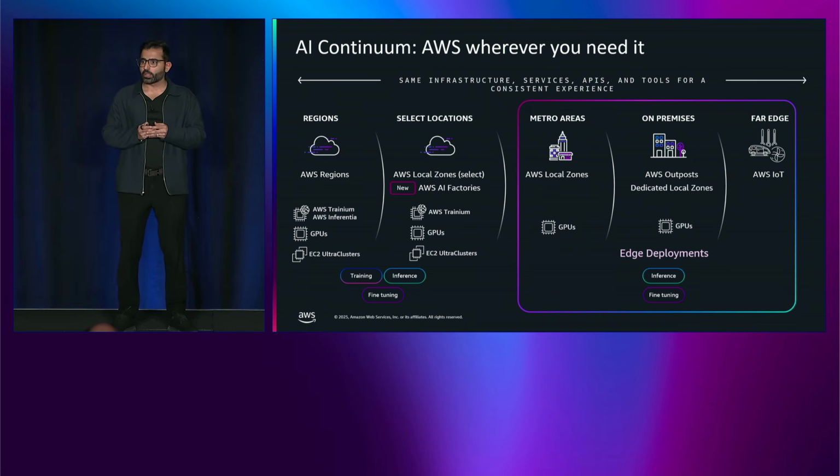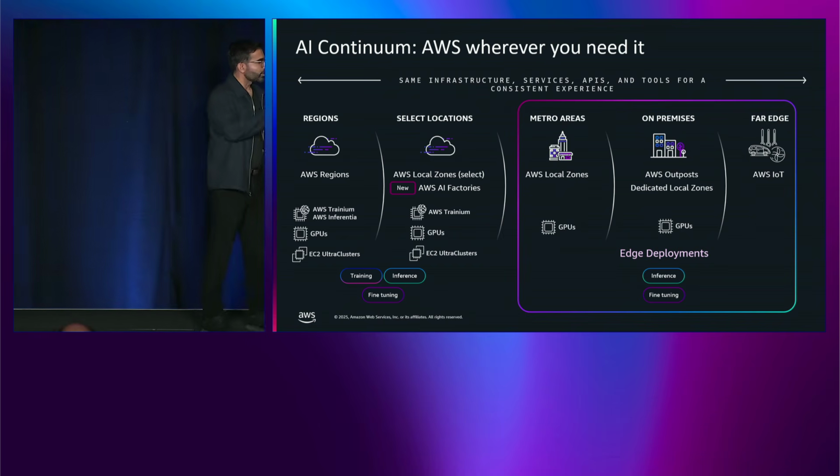Two days back, we also announced something called AWS AI Factories, which provide you a very similar experience in some of these regions and these select local zones as well, but in your own data centers, in your own on-premises facilities. And we'll talk a bit about what we mean by AWS AI Factories in the next slide as well. But if you look at all the three offerings I discussed, regions, these select local zones, and AWS AI Factories, they provide you a consistent experience that allows you to deploy any kind of AI workloads, whether it's AI inference, fine-tuning, or even training as well that requires a lot of GPUs in a single location.